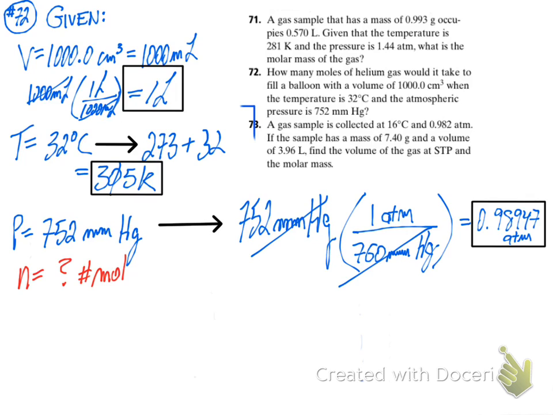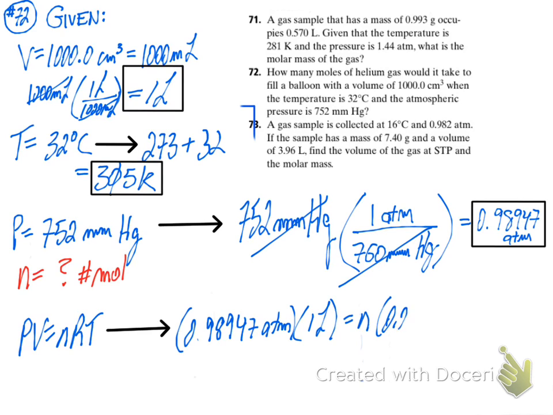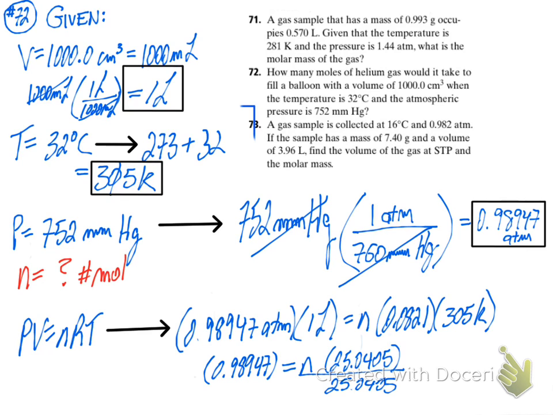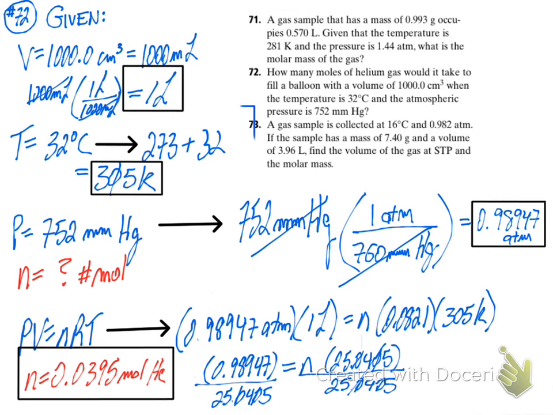0.98947 atmospheres, okay? And again, the problem is straight up asking for number of moles when we're given the volume, the temperature, and the pressure. Therefore, we just simply use the ideal gas law, PV equals nRT, 0.98947 atmospheres times the 1 liter equals n times the ideal gas constant of 0.0821 times 305 Kelvin. Again, I have the algebra stipulated here, okay? 0.98947 times 1 is 0.98947, because any number times 1 is itself,